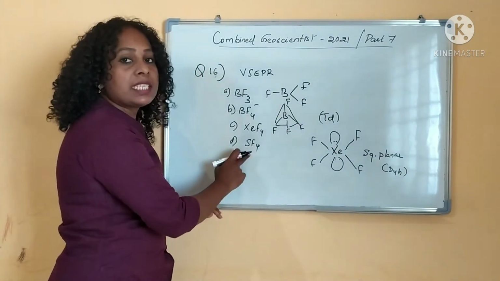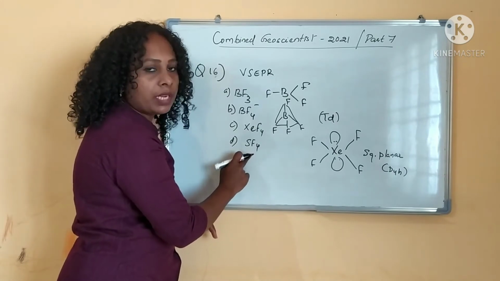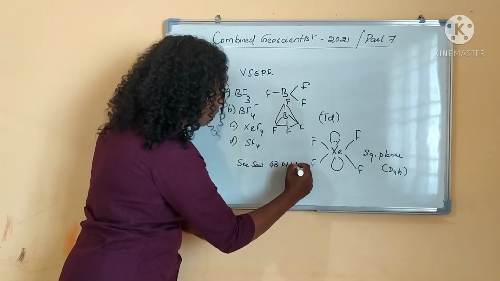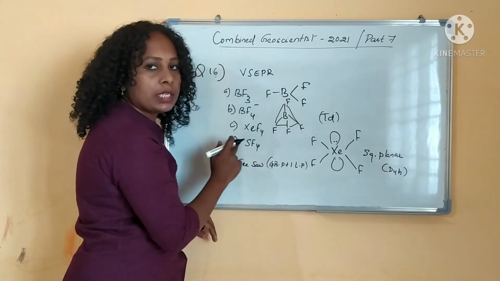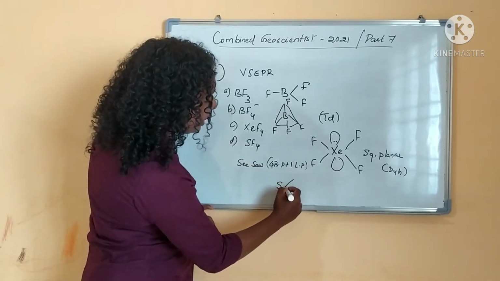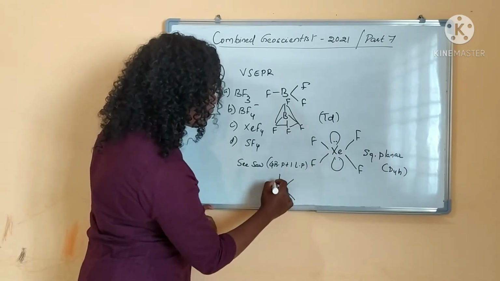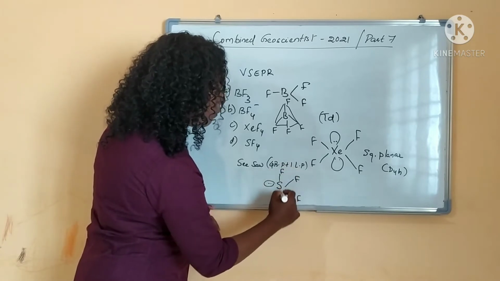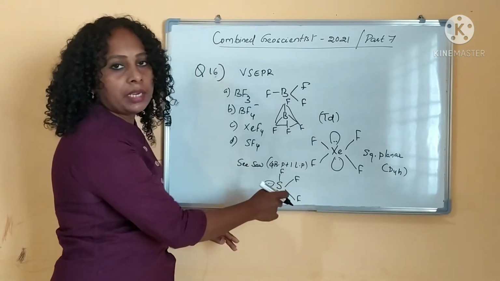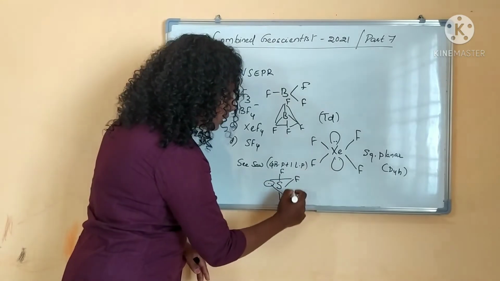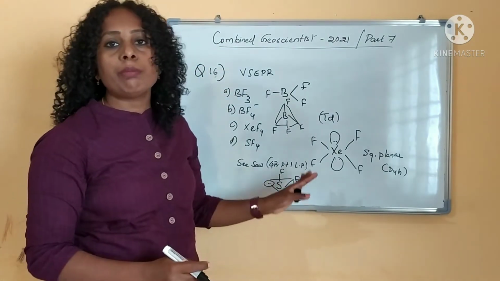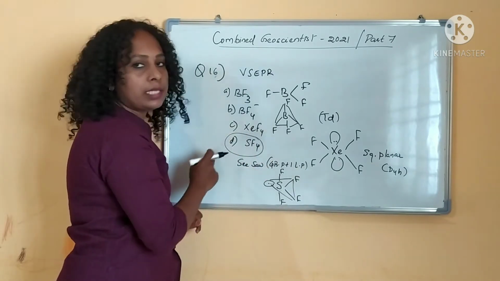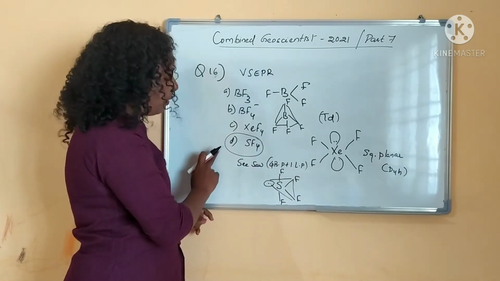And here comes SF4. What is the shape of SF4? We have seen seesaw shape, right? 4 bond pair plus 1 lone pair, right? So it will be seesaw shape. And if you are seeing the seesaw shape, there are 2 types of bonds present, right? Axial fluorine and equatorial fluorine, right? This is axial fluorine and equatorial fluorine. So the bond lengths of axial and equatorial fluorine will be different. So which one of the molecules has different bond lengths? SF4 will be having different